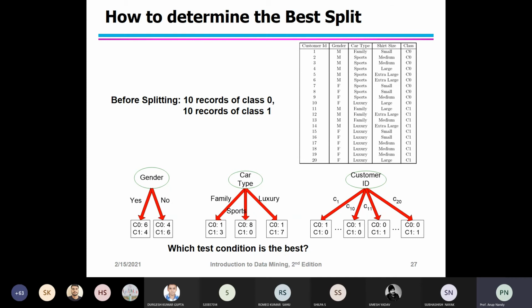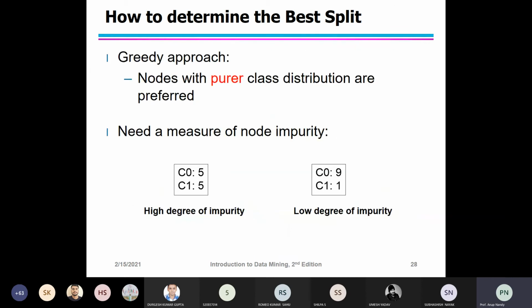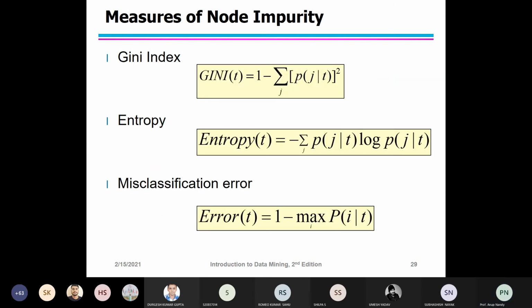Now these are the things that you need to see: how the impurity values compare. You have to compare the impurity measures of a binary classification problem, where P refers to the fraction of records belonging to one of the two classes. If you observe the three measures, they attain their maximum value when the class distribution is uniform. Whenever the class distribution is uniform, P is equal to 0.5.